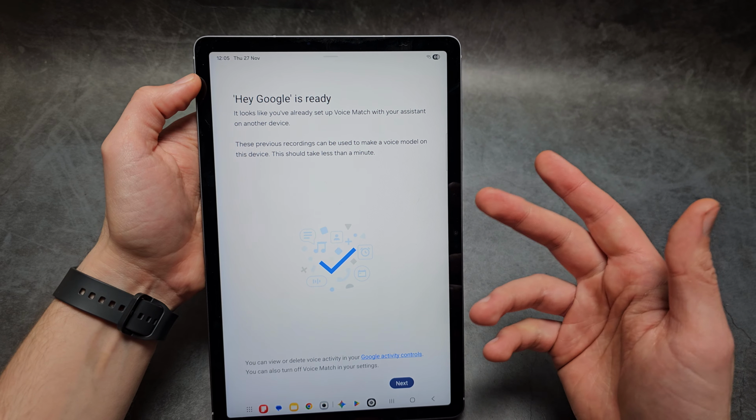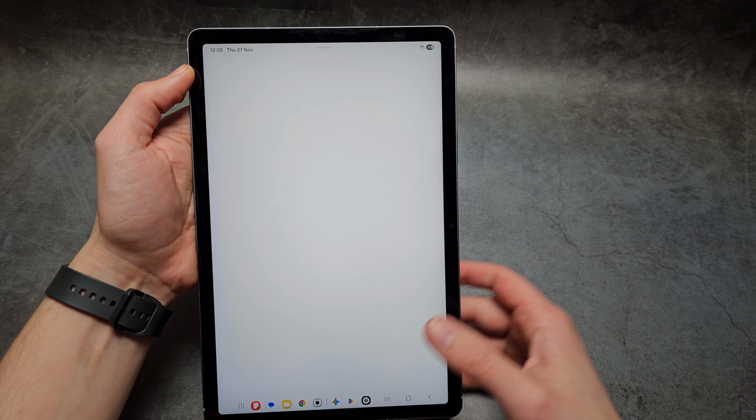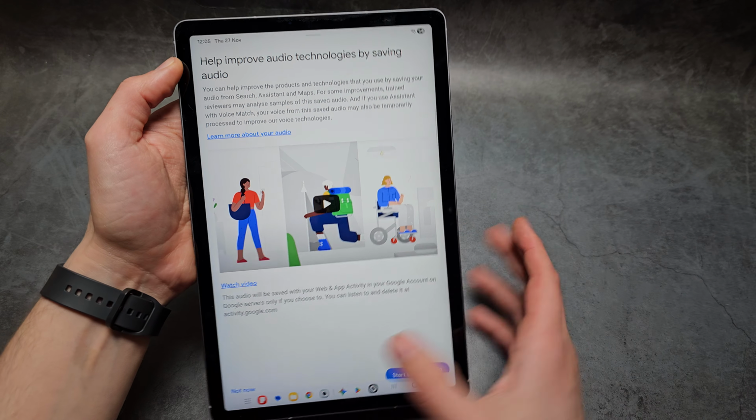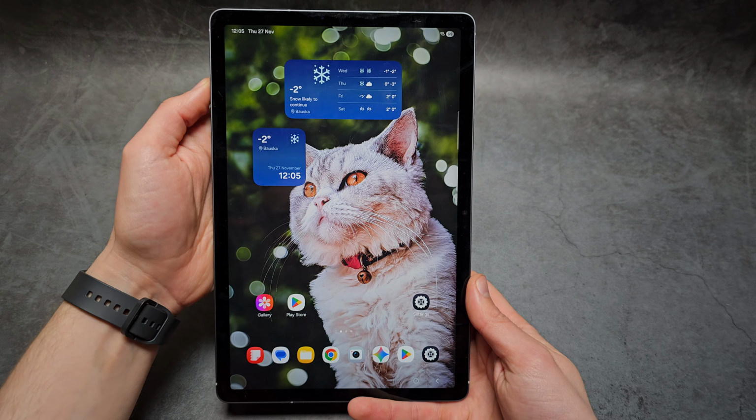But again, the first time you enable it, you will have to say a few phrases to learn how you actually sound. And then you can simply say, hey Google,